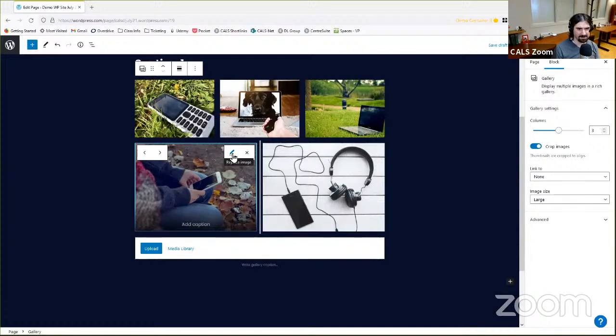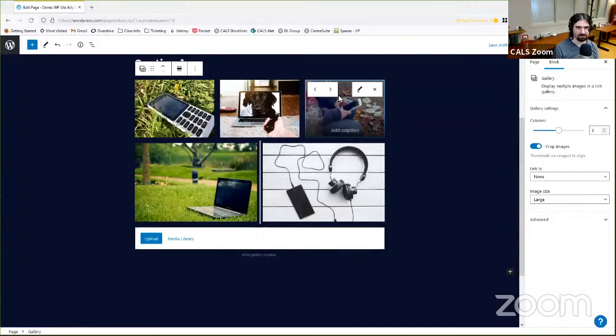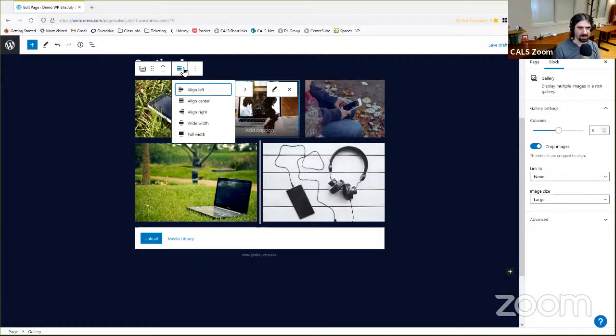You can replace the image by using this little pencil icon. You can remove it by hitting the X, and you can change the order. So if I want this one up here, then I'll hit the left arrow once, and that should shift them around. I can change the alignment, so whether it sits along the left-hand margin, the right-hand margin, the center, or whether it's